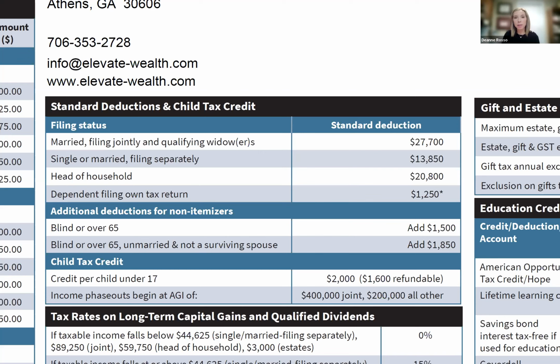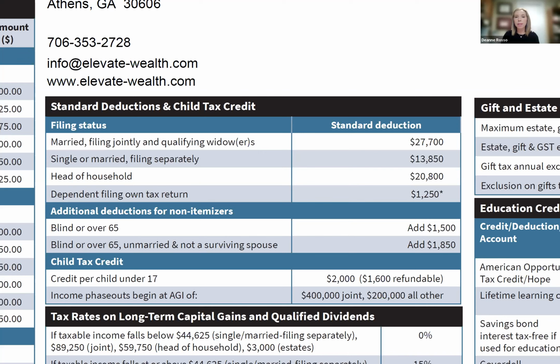And charitable gifts. Those are what I call the big three in itemized deductions: state and local taxes, mortgage interest, and charitable deductions. If those three things together are less than the standard deduction amount for the year and whatever tax filing status you're in, you're just going to take the standard deduction.